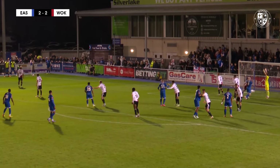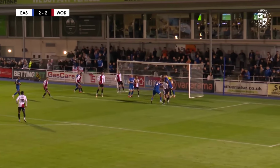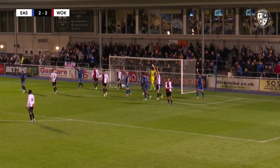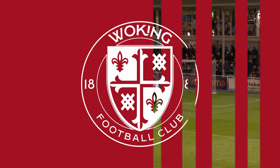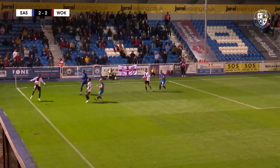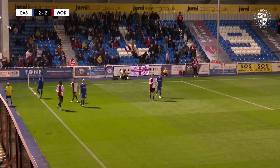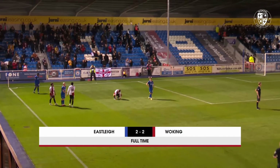We're in the final minute of normal time. It will be hung towards the back post, and the header drops onto the top of the goal, but it came off a Woking player last. Deep in Eastleigh territory, down by the corner flag. The throw is short, and that is going to be the full-time whistle at the Silverlake in what has been